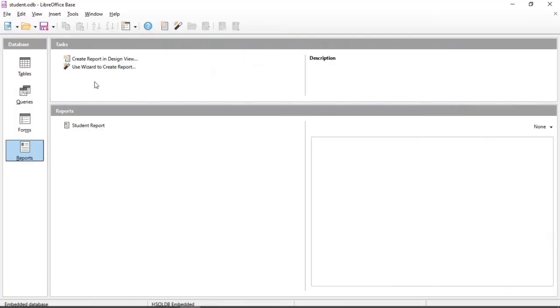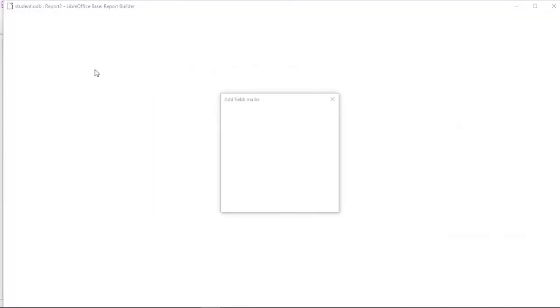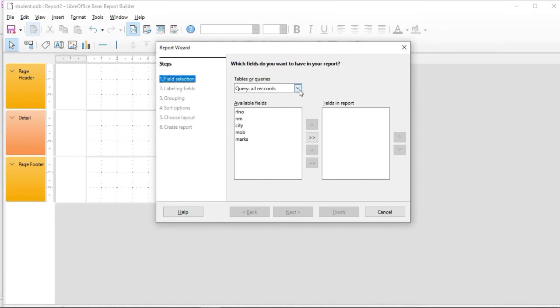Again, if you want to create another report, in the same way you have to select the fields.